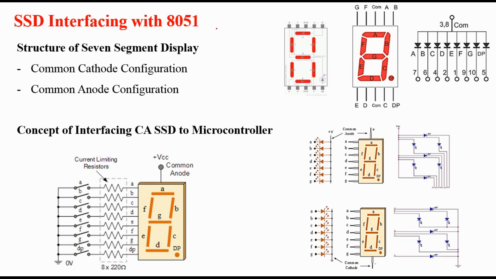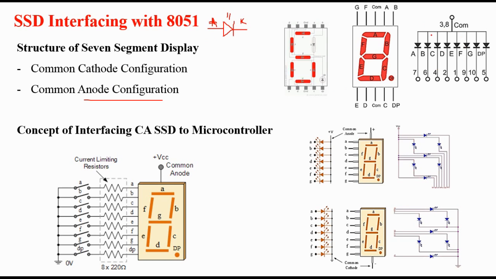Now, if you see the symbol of one LED, you will observe one diode, and those are the rays coming out from the LED. This terminal is called the anode, whereas this one is called the cathode. Anode is denoted with letter A and cathode is denoted with letter K. So in case of, let's say, common anode configuration, we will observe such kind of 7-segment display.